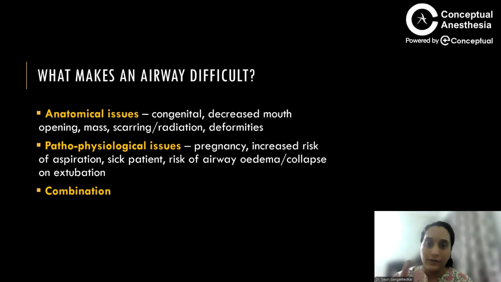There may be an actual mass like a CA alveolus or something like that, which is causing the difficulty. Or there may be a ranula which has come for evaluation or excision for a little baby. It could be any number of things, or there could be scarring, or a history of radiation,